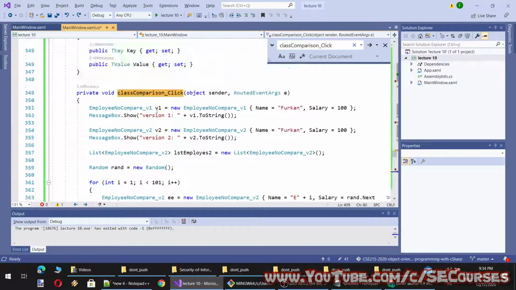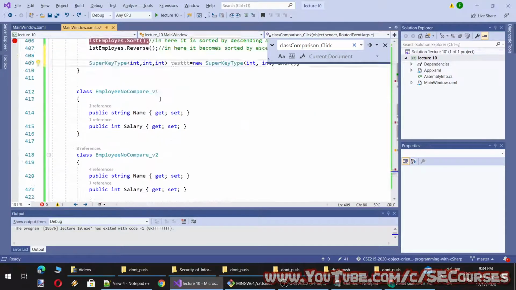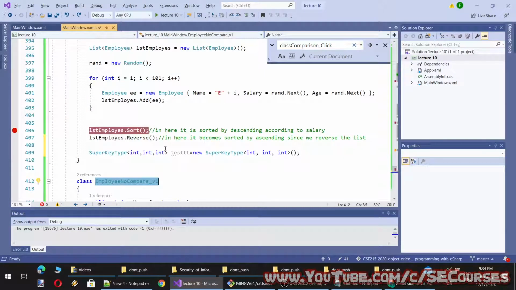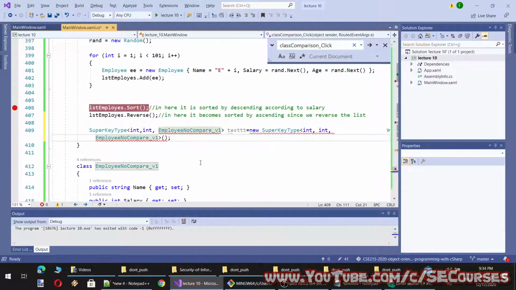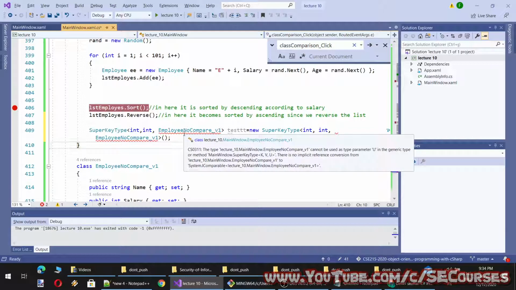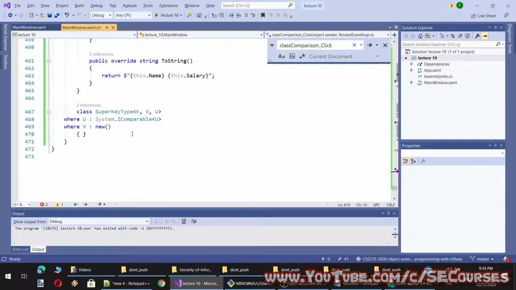So our class EmployeeNoCompare doesn't support the IComparable interface. Due to that, you see it says that it cannot be used as type parameter U in the generic type or method. There is no implicit reference conversion to that one because it doesn't support the IComparable interface. So this is a restriction that I can put.